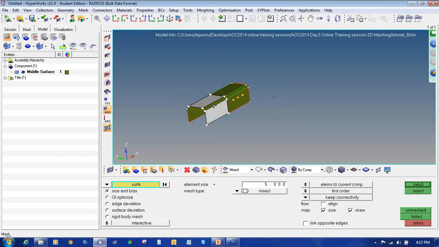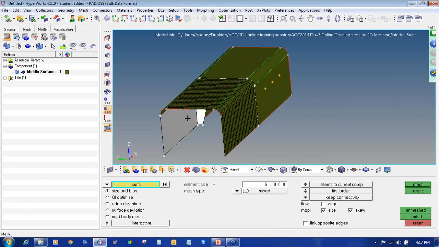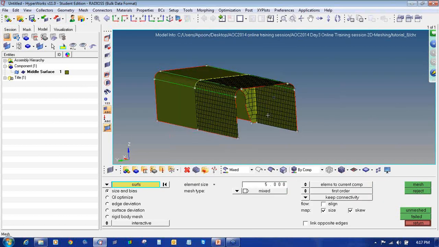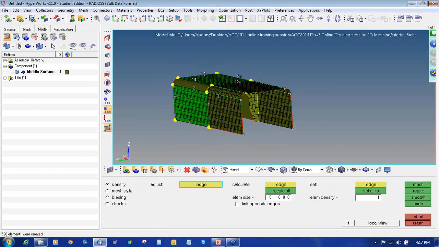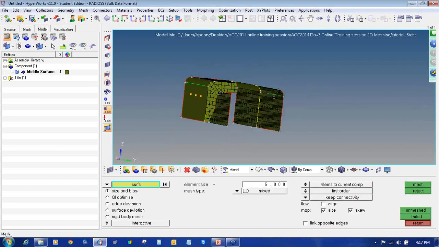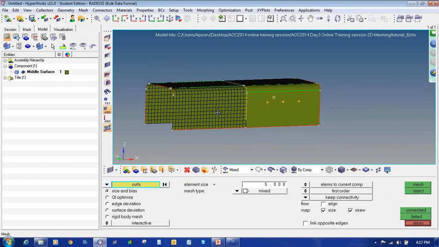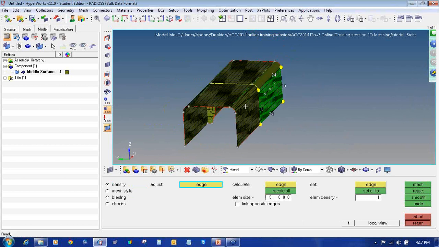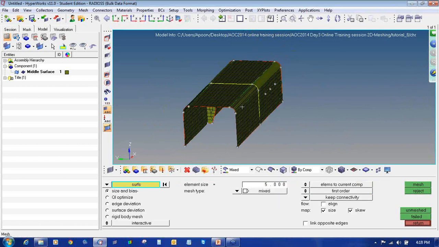Now I will show you how to do the meshing and how to figure out the unmeshed surfaces. If you do the meshing of some parts like these, some parts you have done the meshing. If you are working in a bigger assembly, there are lots and lots of surfaces, so you keep on doing the meshing. Sometimes some surfaces get missed out during the mesh, so how to find those surfaces and how to mesh them? I have done the meshing on this part. Intentionally I have left some components or surfaces. So how to check those which I have left out?